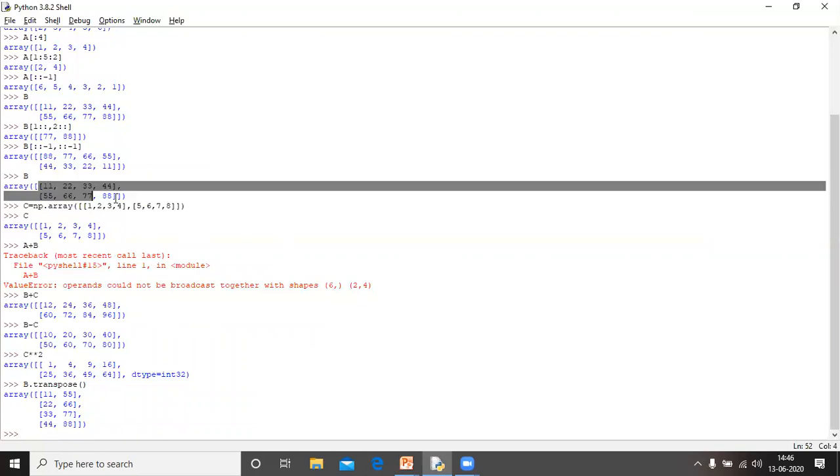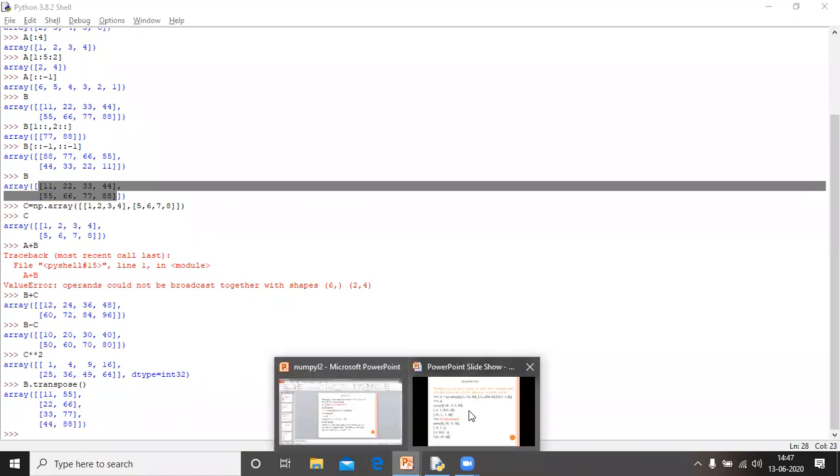Now after the transpose, the rows are converted to columns. It means there were 2 rows, now it is 2 columns. There were 4 columns, now there are 4 rows. It is simple, just B dot transpose, if you want to reverse the array.